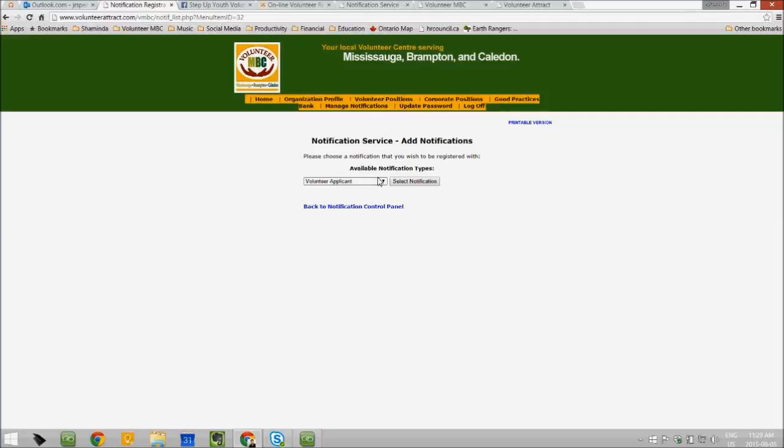Volunteer applicant means a notification where you need to know when applicants apply to the position. Volunteer positions published means you receive notifications whenever we publish a submitted volunteer position online. For now, I will select volunteer applicant and then click select notification.